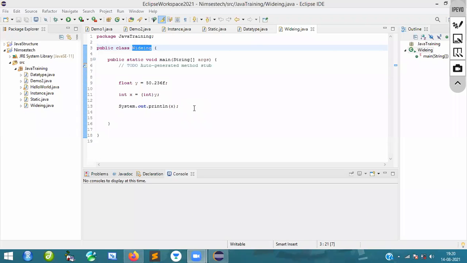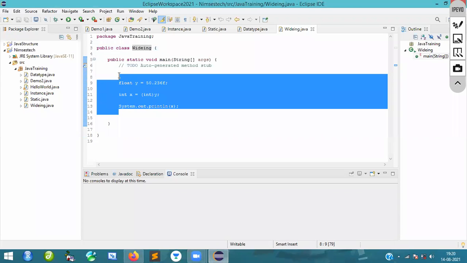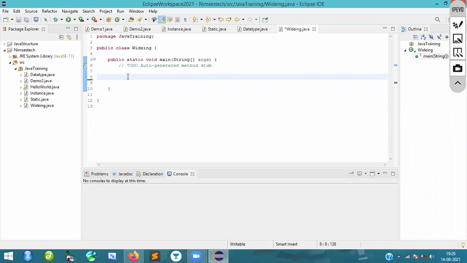If you are able to understand that widening, I am going to make a small change here. Last time we wrote a program, but it's okay. I will write a new program. For example, I will take a data type that is integer, and I will call the variable name val, that is enough. I will provide some value, any value, no problem, 10. So int val equals 10.